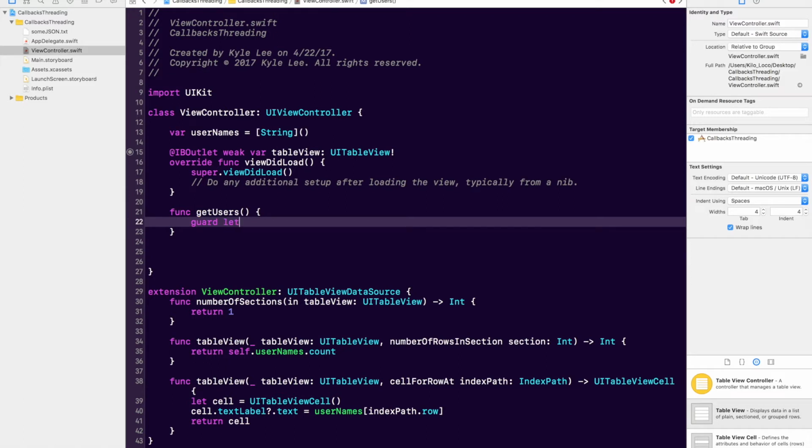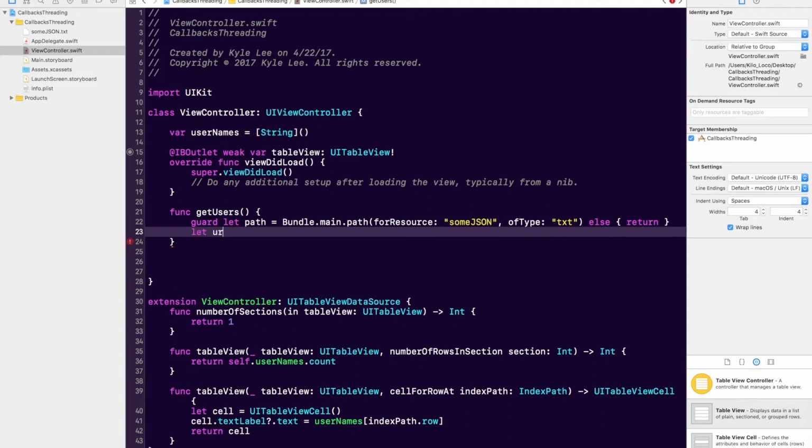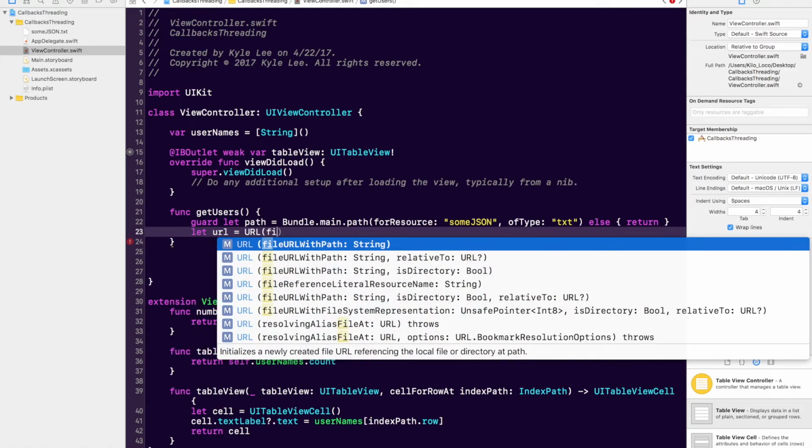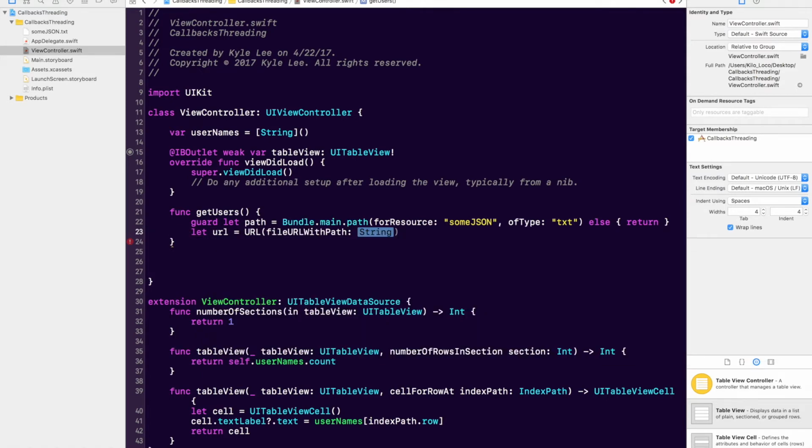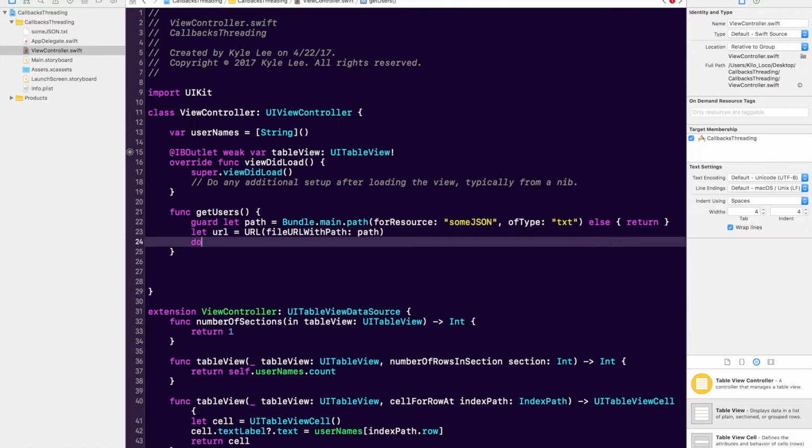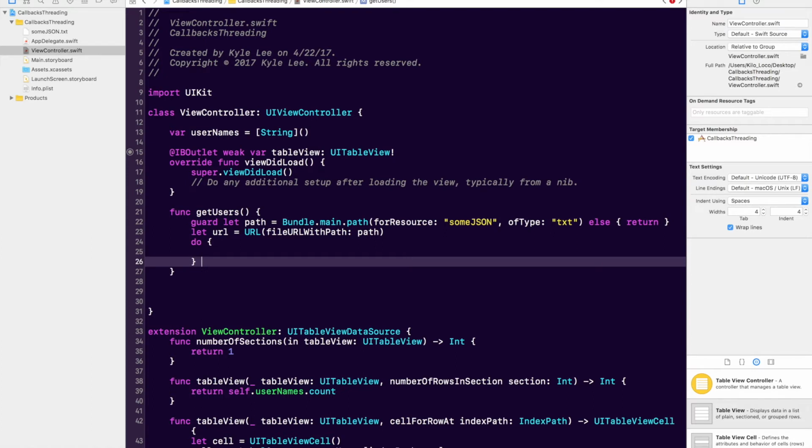So let path equal Bundle.main.path(forResource:), I'm going to call that someJSON. It's a text file. Else return. All right, we're going to let url equal URL(fileURLWithPath:), and we're going to pass in our path. Get that back. Then we have to do the do-try block,